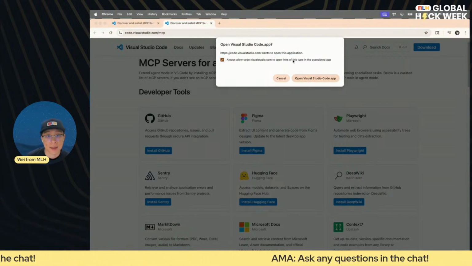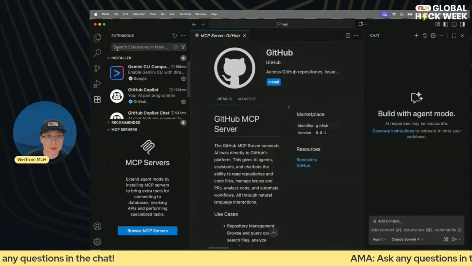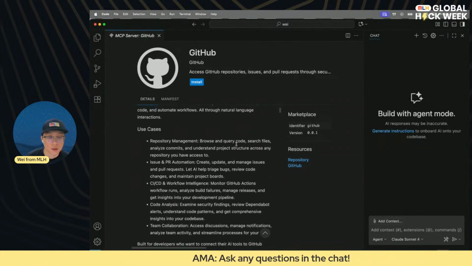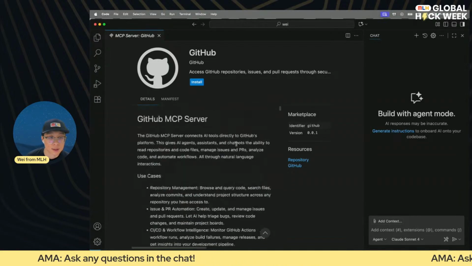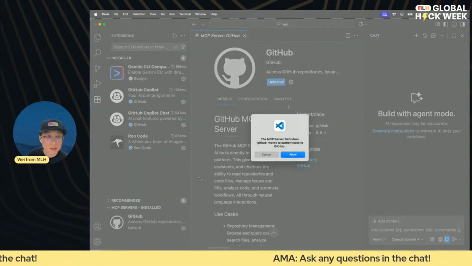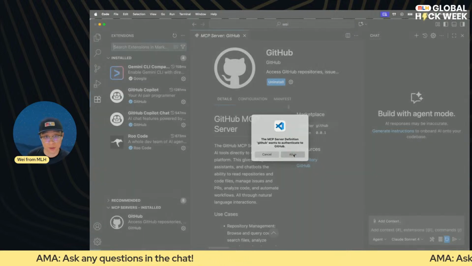All right, and I'm going to say Open Visual Studio app. I'm going to install. So this is a quick information page about the GitHub MCP server. What are some things it can do for us? So I'm going to just click Install. And now this is asking us to authenticate with GitHub, which I definitely want to do.